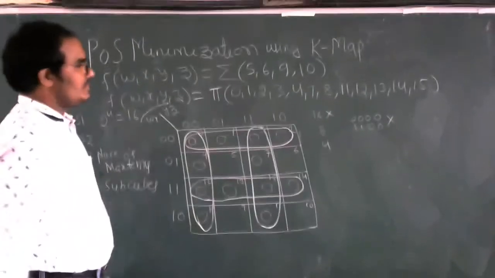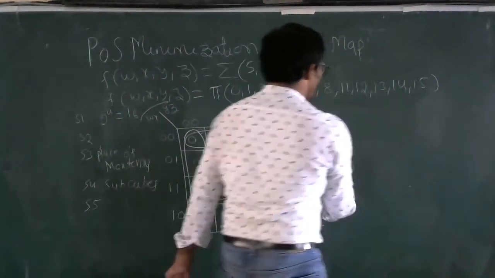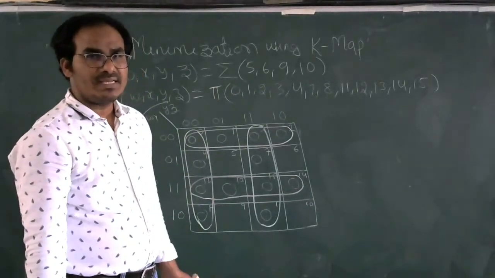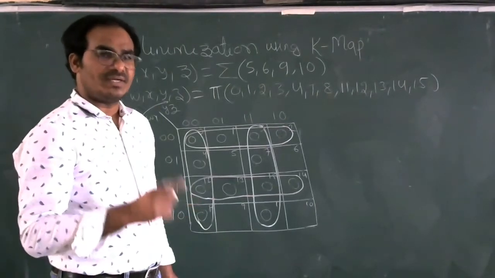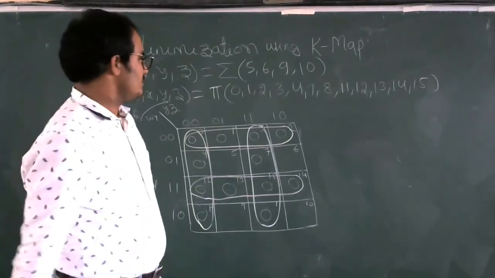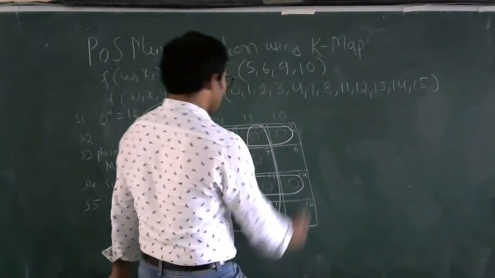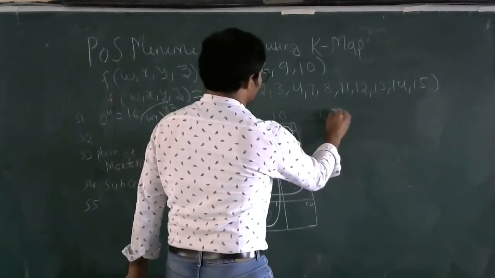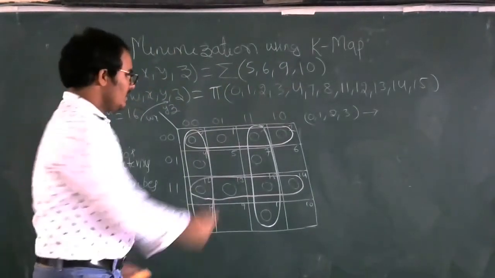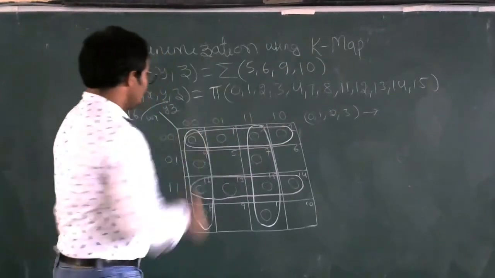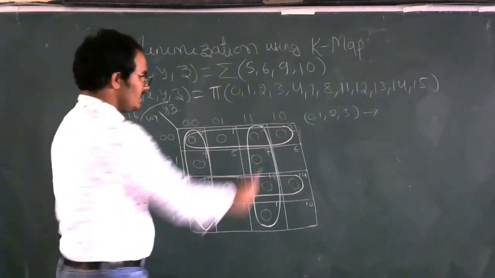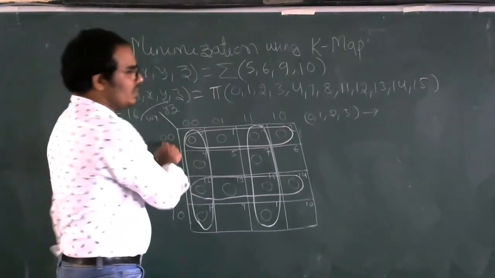Next, the last one. Earlier we obtained the product term, now we have to obtain the sum term. In the SOP we obtained the product term. In the POS we have to obtain the sum term, it is a product of sum terms. So let me write individually because this is the first problem. 0, 1, 2, 3 is a subgroup, which is covering W and X as 0, 0. This subcube is covering W as 0 only.